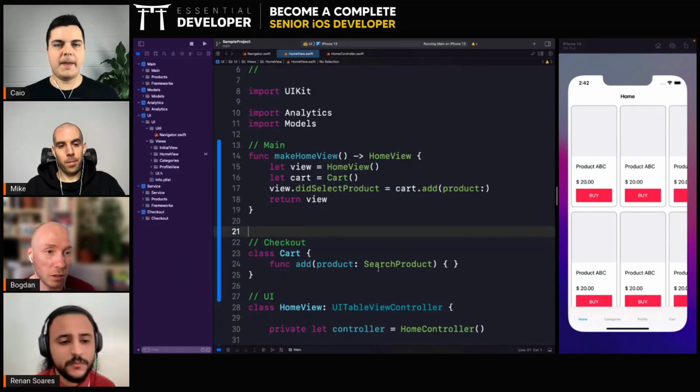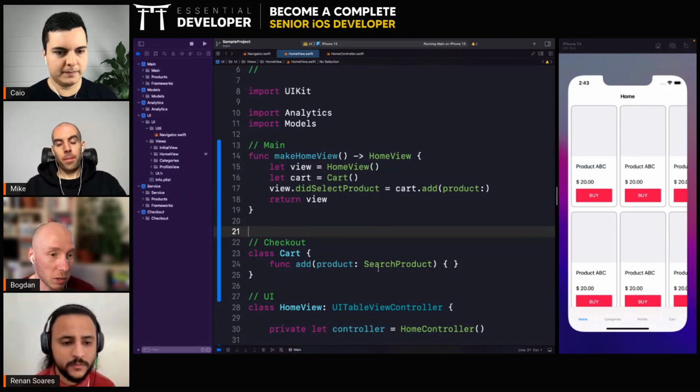So I would underline the solution that Caio presented is a very explicit, very clear one. The didSelectProduct is an explicit function where you would expect this function to be called when the product is selected. There are no multiple receivers of this call, no indirect calls being made. The problem with notification center, if I can say it's a problem, is it starts from